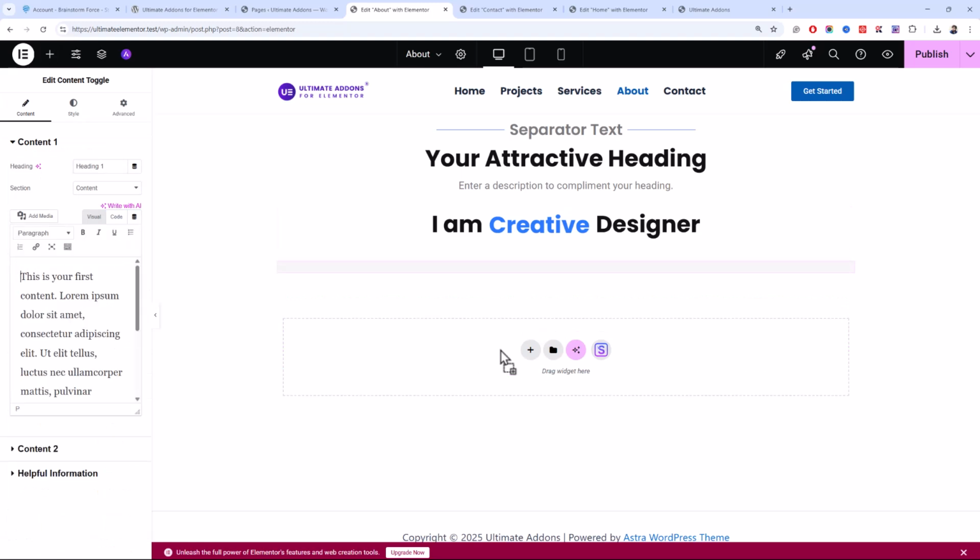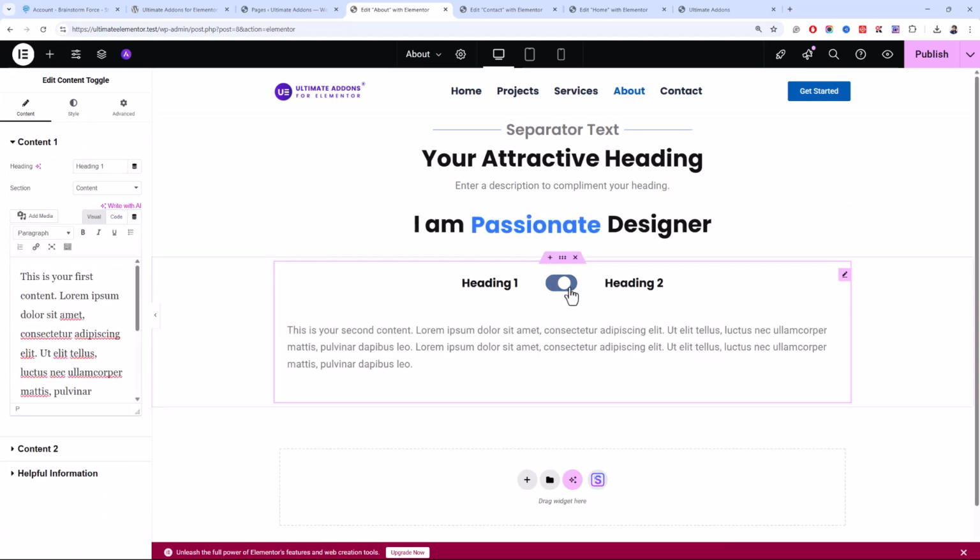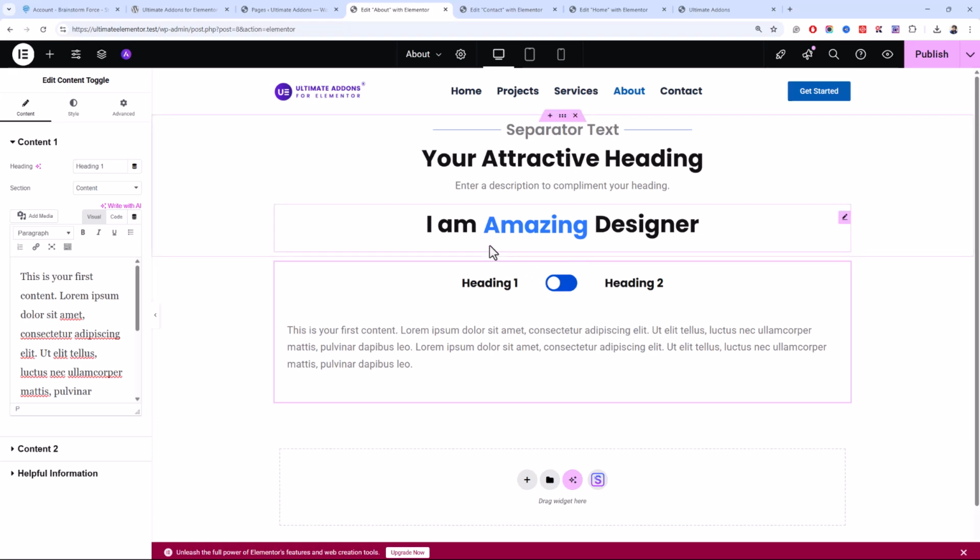Content toggle is an amazing widget that you can use to display different content depending on the different values of this toggle. Its basic use case, the most popular use case, would be showing the annual or monthly pricing table.